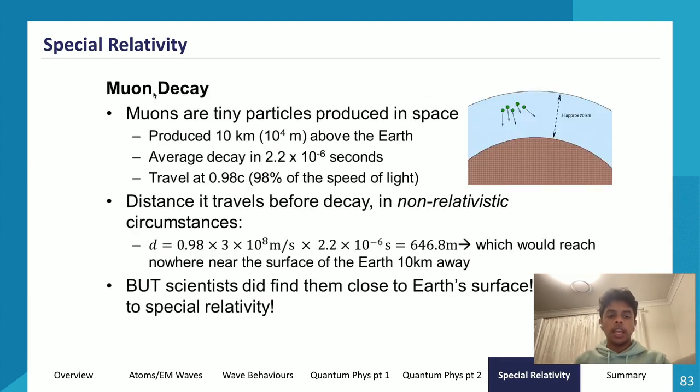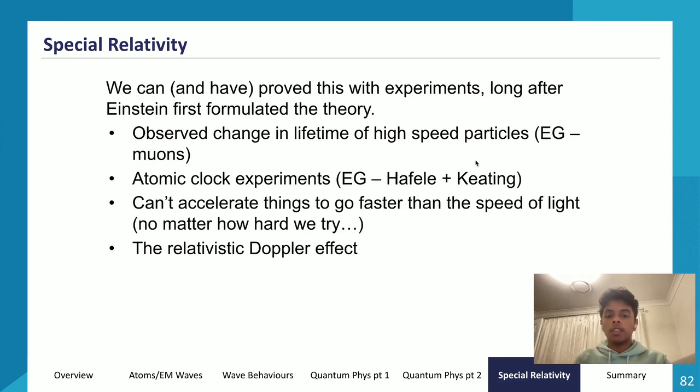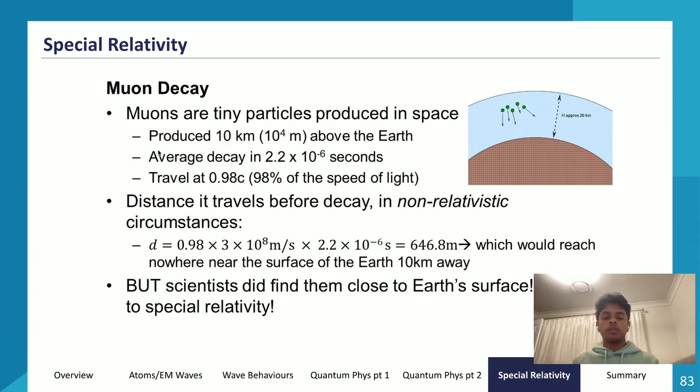So let's go through muon decay, the first dot point, which says that the observed change in lifetime of high-speed particles, muons, shows the concepts of special relativity or time dilation. So what are muons? Muons are tiny particles produced in space, around 10 to the power 4 meters, or 10 kilometers, above the Earth. The average decay time of these muons is 2.2 times 10 to the power negative 6 seconds, and they travel at 0.98 c. So if they travel at 0.98 times the speed of light and they exist for 2.2 times 10 to the power negative 6 seconds, then they should be able to travel